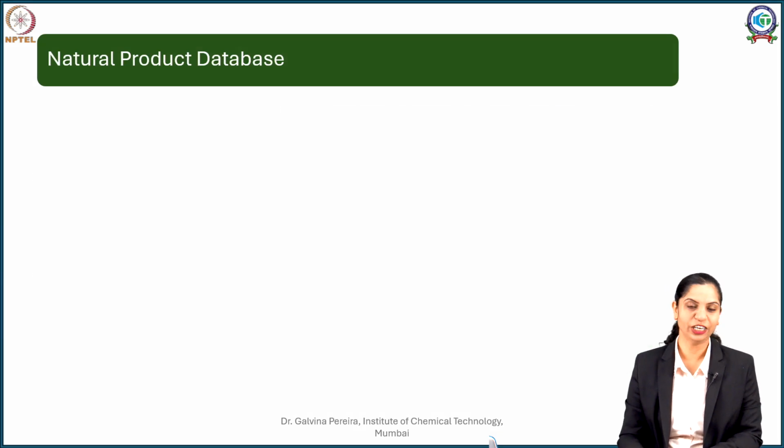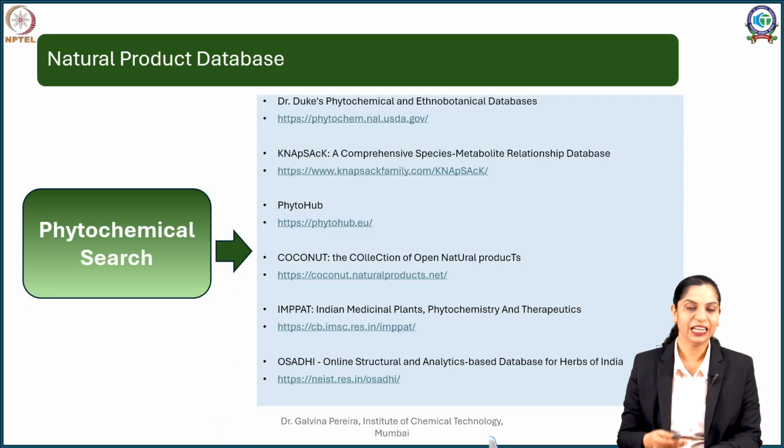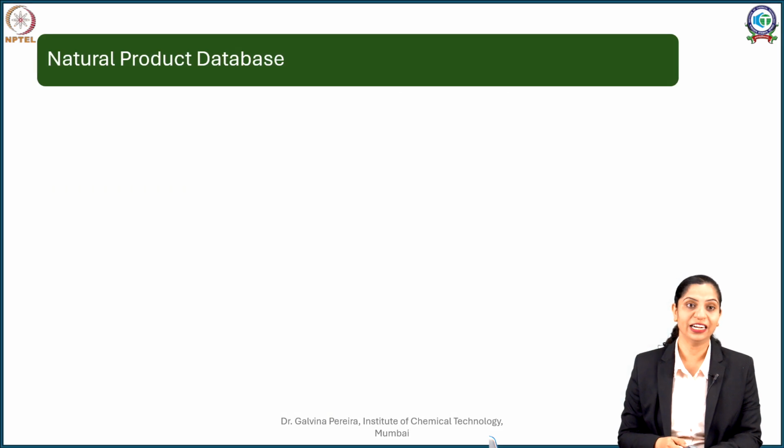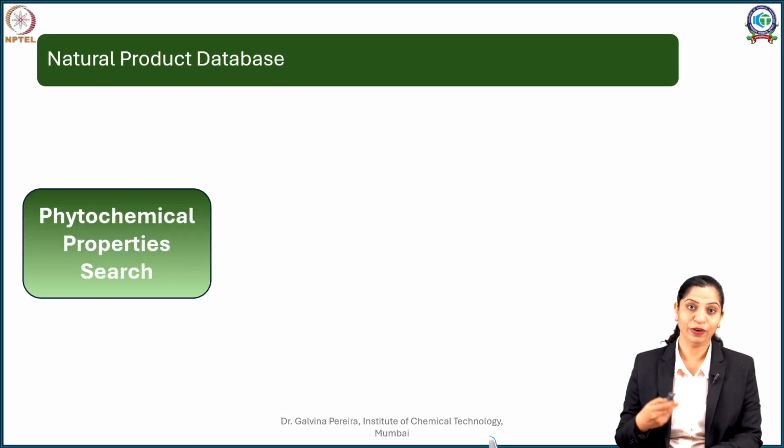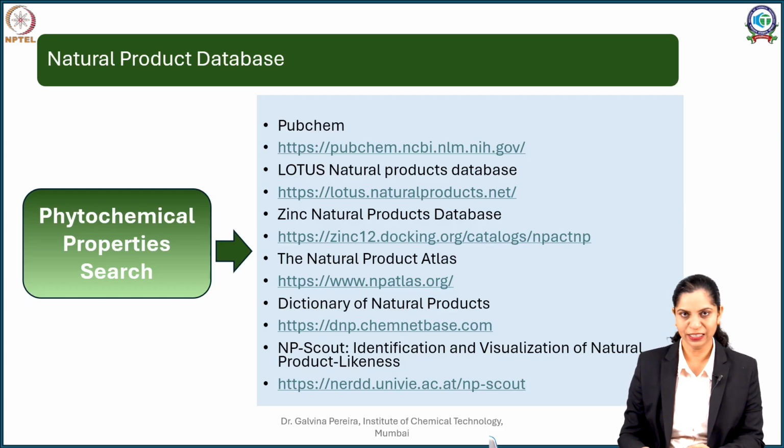Thereafter, we went on to study what are called phytochemical searches. Once you have shortlisted the plants, these are the software which can help us know what all phytoconstituents these plants contain. Then in the fourth session, we went on to understand a little bit more about the phytochemical properties. This was through PubChem, LOTUS, ZINC natural products, wherein the physicochemical properties of your phytochemicals were found out. We also saw the natural product likeness of the compounds.